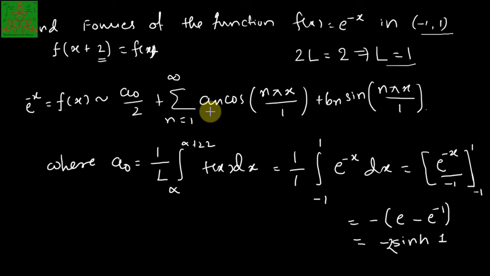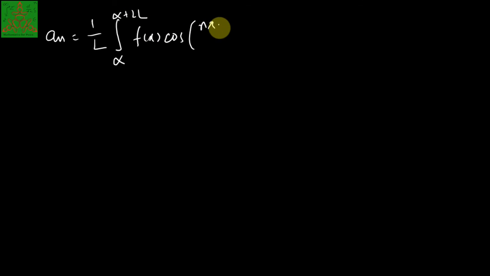Now let us calculate what is an. As per the formula, an will be 1 upon L integral from alpha to alpha plus 2L of f of x cos n pi x upon L dx. You know that L is 1, alpha is minus 1, so that's why it is minus 1 to 1. f of x is e power